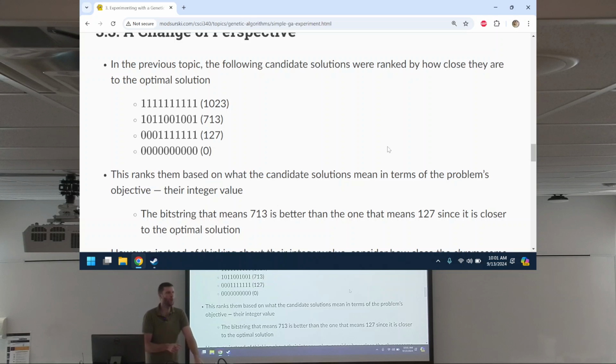But in terms of what we call the search space, we know that the candidate solutions, or the chromosomes, that have more ones are better. This won't make full sense until we keep going, like anything that you learn, right? The more context you have, the more these ideas come together. But we are changing the context of how we're determining what's good or not.